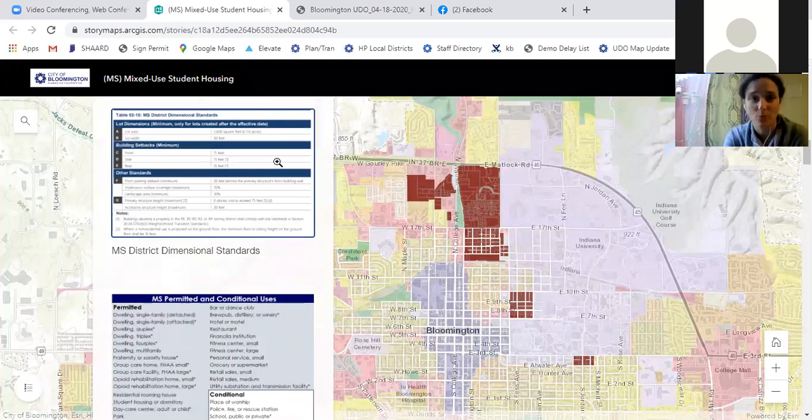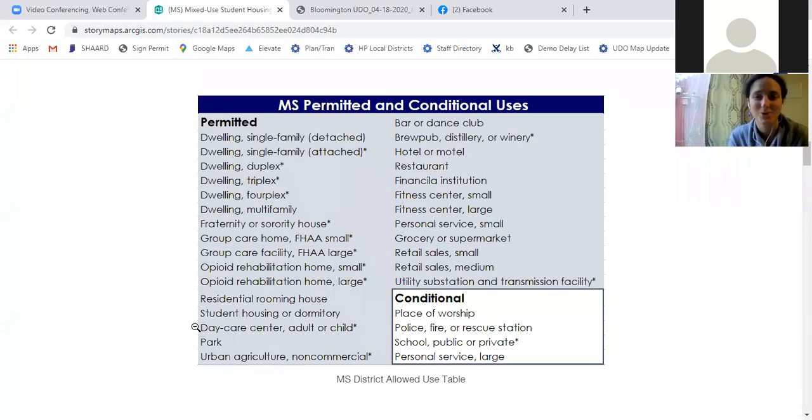One thing I do want to stress, and you'll probably hear us say a bunch of times throughout the course of the next number of weeks before this goes to the public hearing process, and then again through that process, is that the mixed use student housing district just allows for student housing, right? So it's not only student housing, and it also allows for a number of other uses, some other residential uses, some that are already existing in these areas, and then also some uses such as fraternity and sorority that are related to the university, and then some other supportive commercial uses as well.